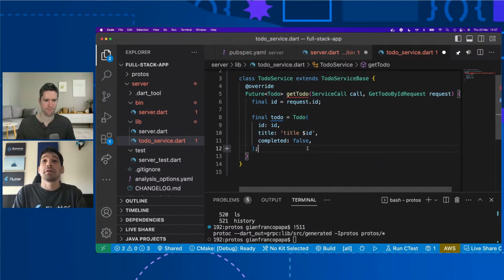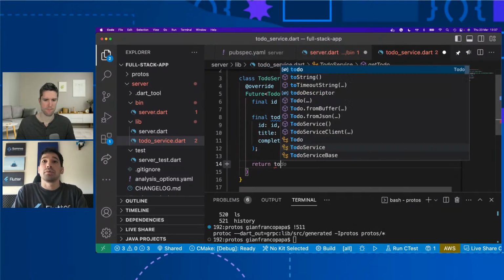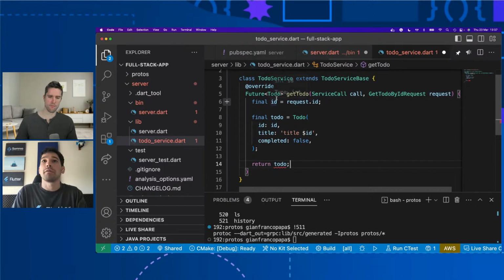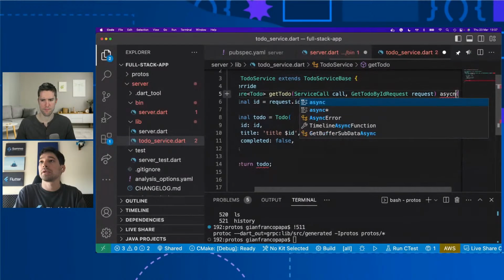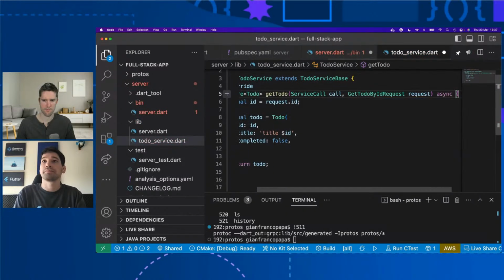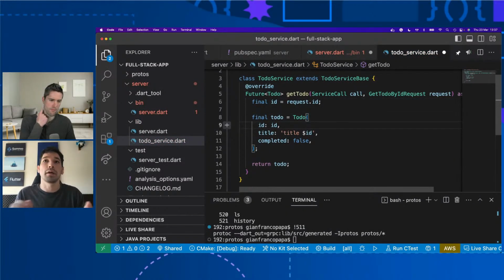Another thing we can do is actually return the to-do, because this is returning a Future of ToDo. So here, what we are missing is the async keyword. And that's it. We are implementing this getToDo method and returning it. So yeah, this is our definition.